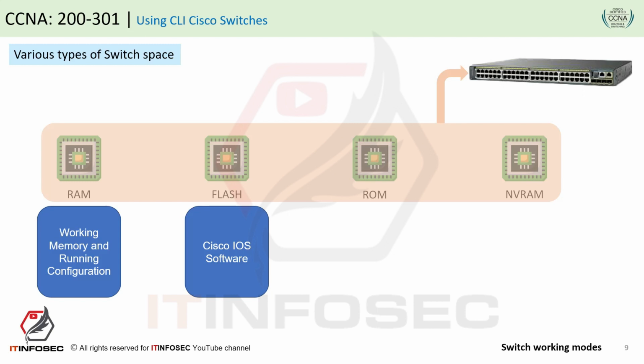Another memory is ROM. ROM, abbreviated from read-only memory, stores the bootstrap or boot helper program that is loaded when the switch first powers on. This bootstrap program then finds the full Cisco IOS image and manages the process of loading Cisco IOS into RAM, at which point Cisco IOS takes over operation of the switch. ROM is also used when you lose Cisco IOS, for example